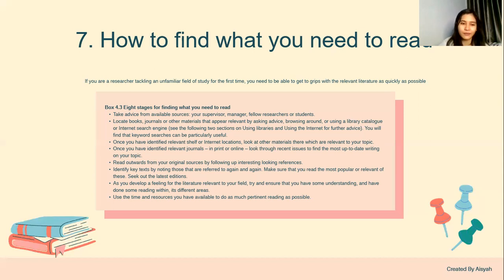Identify key texts by noting those that are referred to again and again. As you develop a feeling for the literature relevant to your field, try to ensure that you have some understanding. Use the time and resources you have available to do as much pertinent reading as possible.